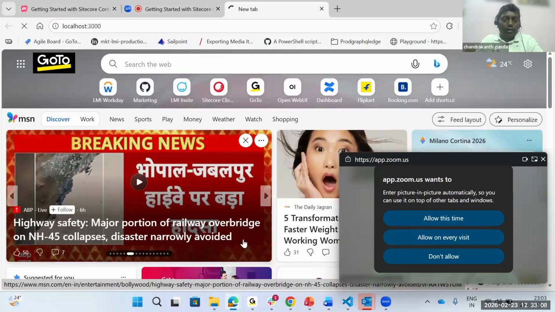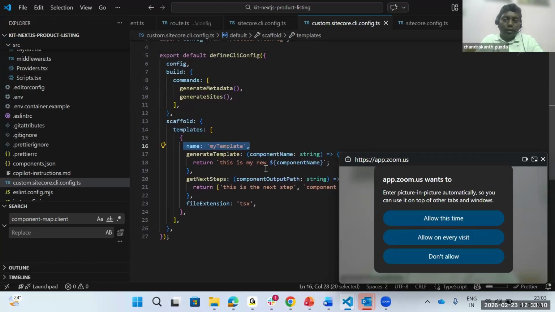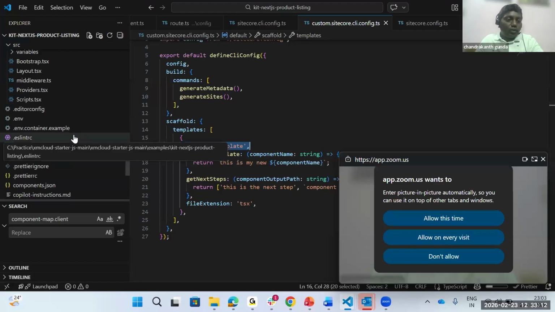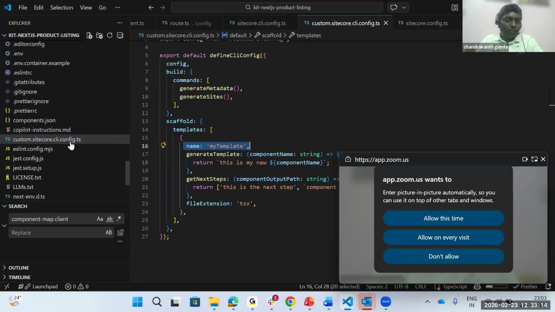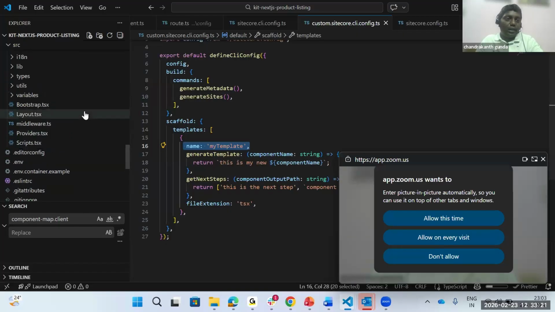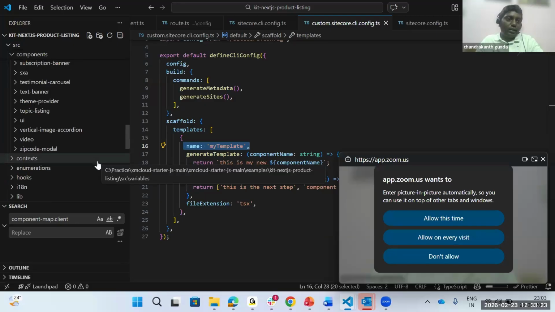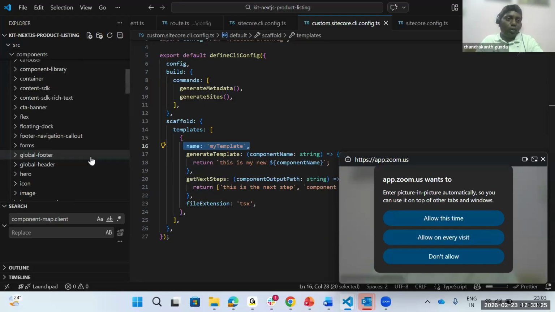Yeah, it might take some time. So that is the purpose of the custom .sitecore.cli.config. While this is coming up, let's try to understand how it is structured, or how the page